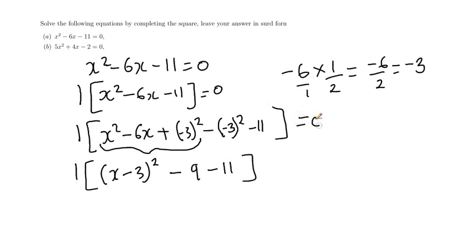Of course here it is equal to 0, even here it's equal to 0. So 1 times (x minus 3) squared minus 20